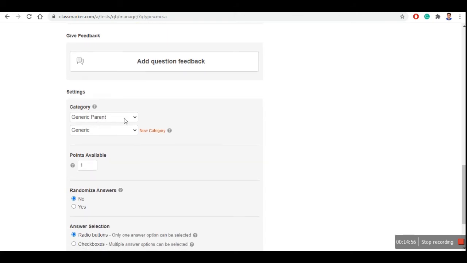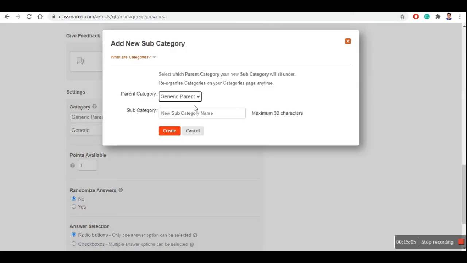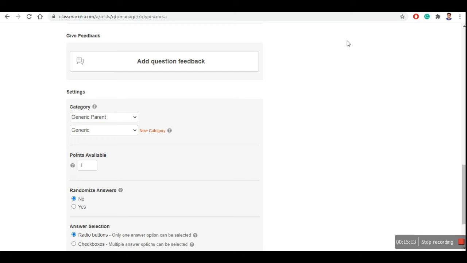Okay, so you just need not change all these things. If you want to change some category, for example today you are going to conduct a test, then you can add a category, and then you can keep a generic parent. Here you cannot change anything, and here you can keep the test 1. Okay, then you can create, and after that here you just click on it, right?